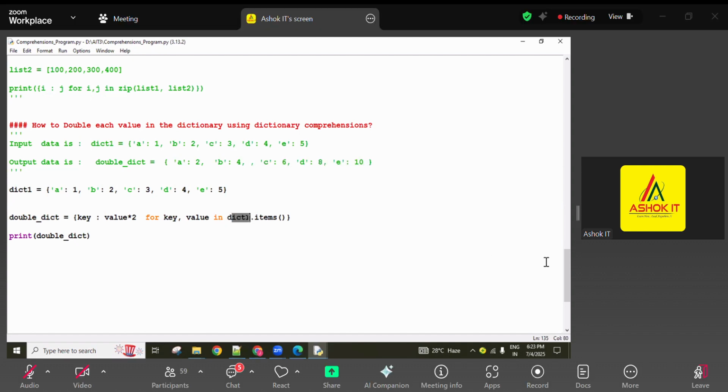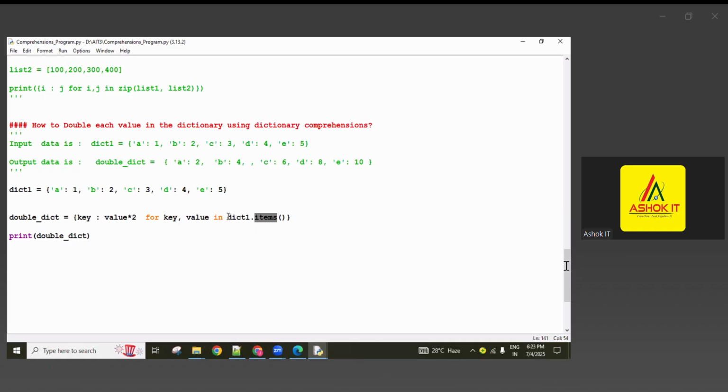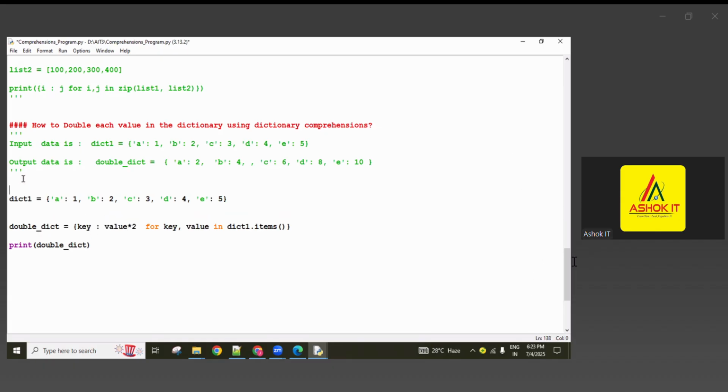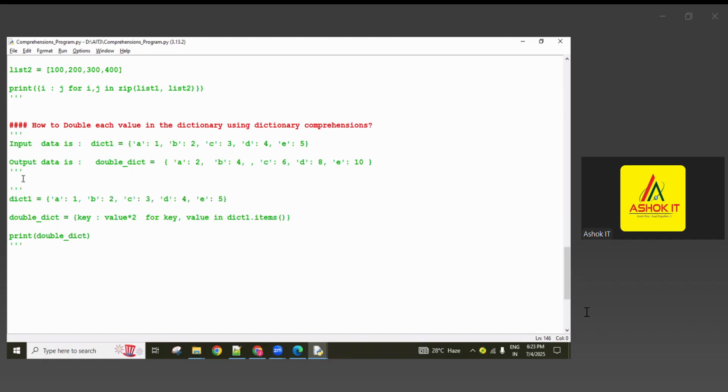Is everything clear, guys? The items method returns a list of tuples. Each tuple comes into the loop, and the tuple contains a key comma value. So the key is assigned here and the value is assigned here. Now I created key colon value into 2. So this is the solution. Okay. Next,